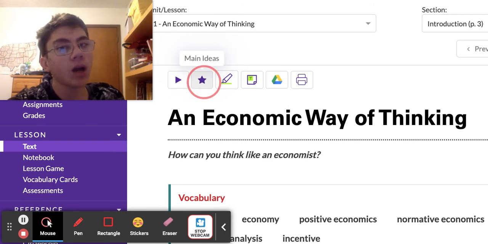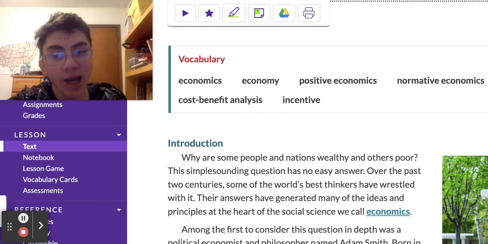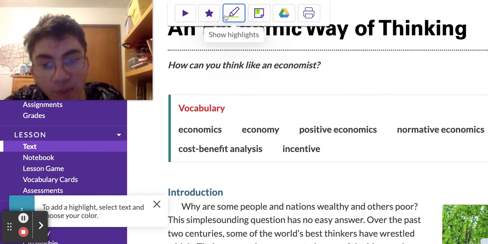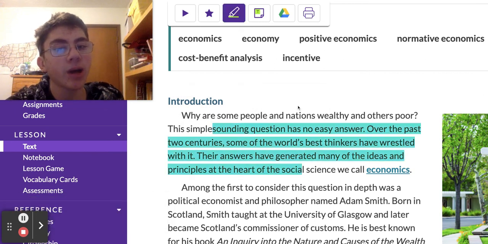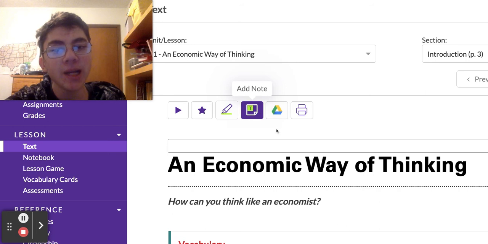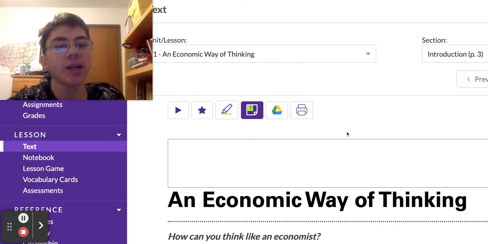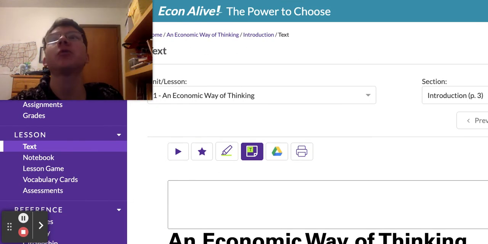Okay, I'll show you that feature later, but let me get rid of this. I don't need that. Let's see. You can highlight it, and you can select the color that you want to highlight. Then you go over some of it or the whole thing, click the trash can, and it gets rid of it. You can add notes as you're reading if you like to take notes as you're going through things. It's a helpful tool there